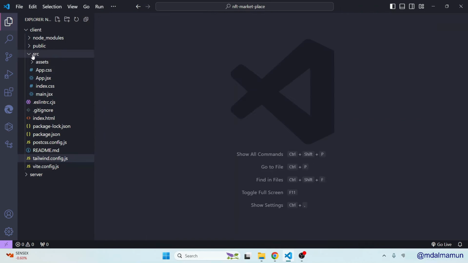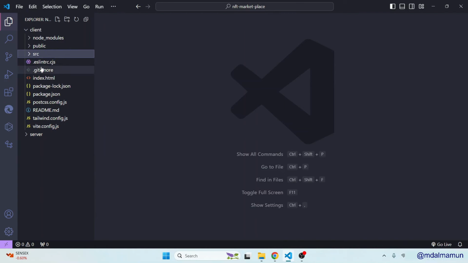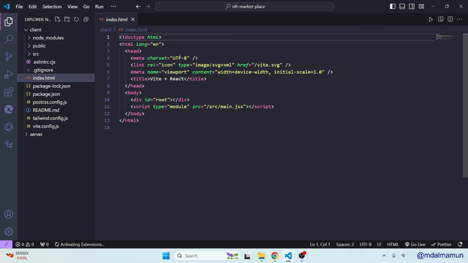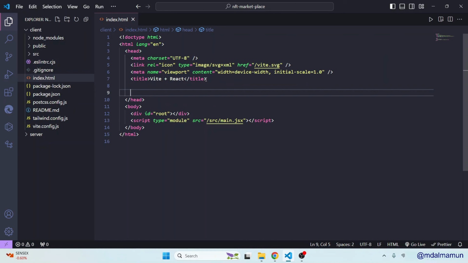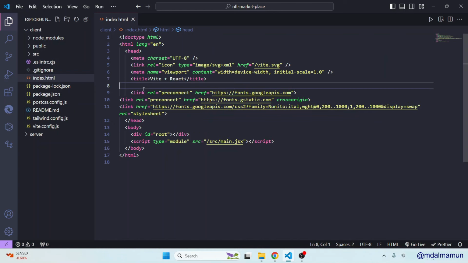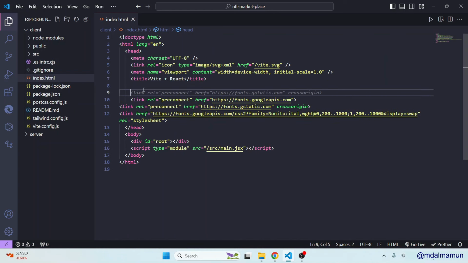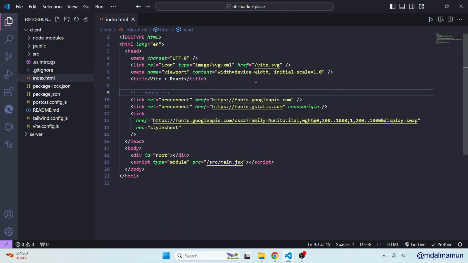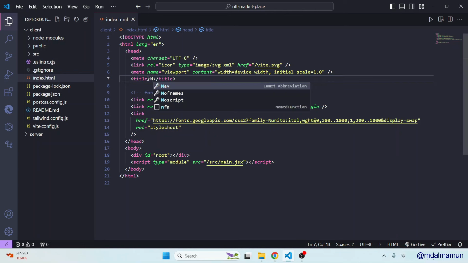So right now it's empty. We will go to index.html and simply paste it. We can add a comment, so this is actually fonts. Okay, and if you format, then your code will be something like this. So this font setup is done, but here we can just change the title. We'll define NFT